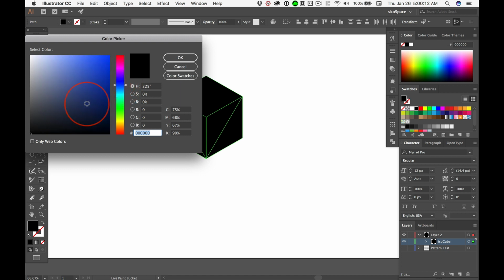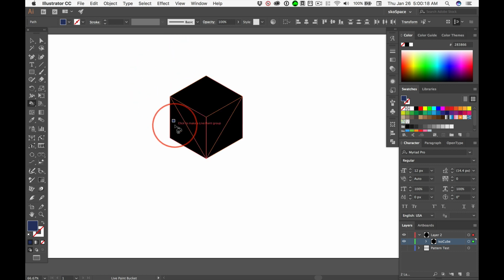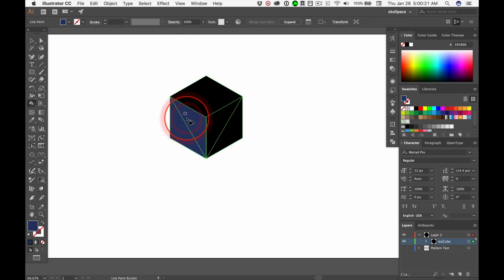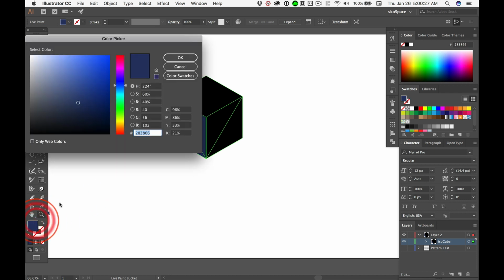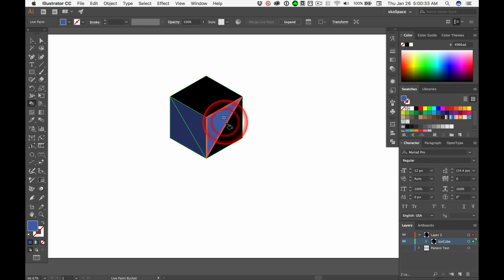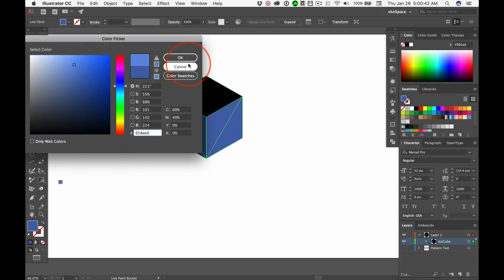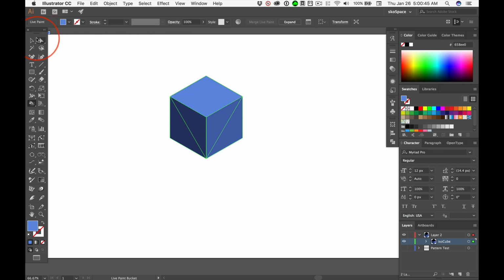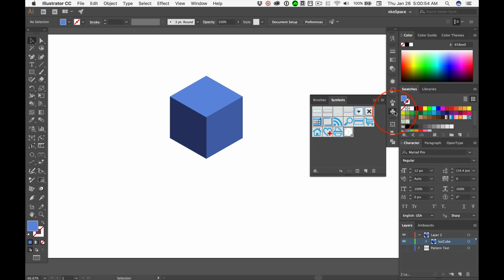I don't know, some color. And we'll pick a dark blue to start with. Say OK. And then with the live paint bucket, I'm going to come over here and click to make that face that blue color. Then double click and pull this up to a mid-gray, and then click, click, click. There we go. To get that lighter blue, and then double click again, and say OK, and then click to make that. So when we deselect, we now have an isometric cube that has colors that we can first add to our